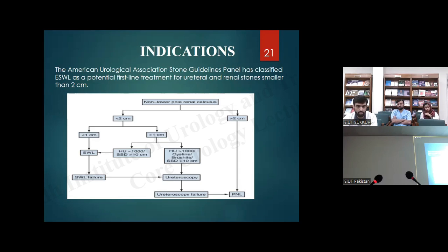If ESWL fails, then flexible URS. If URS fails, then go for PNL. But if the stone size is more than 1 centimeter, then we will decide based on Hounsfield units. If Hounsfield units are less than 1000 and skin to stone distance is less than 10 centimeters, then we'll go for